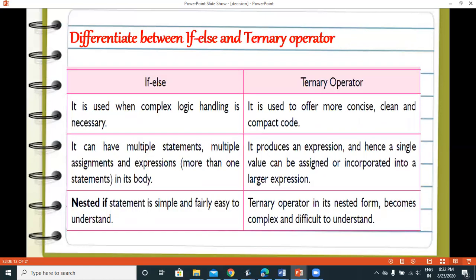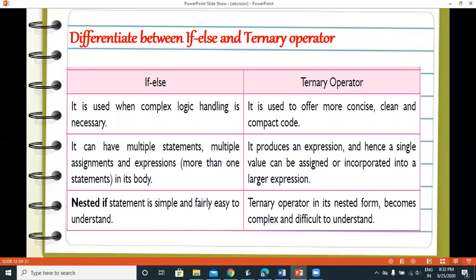So this is the syntax of converting the if else into the conditional operator. Now what is the difference between if else and the ternary operator? If else is used when complex logic handling is necessary, whereas the ternary operator is used to offer more concise, clean and compact code. As you can see, if else is lengthy, but using the ternary operator, we could write it in a single line. If else can have multiple statements, multiple assignments and expressions in its body.